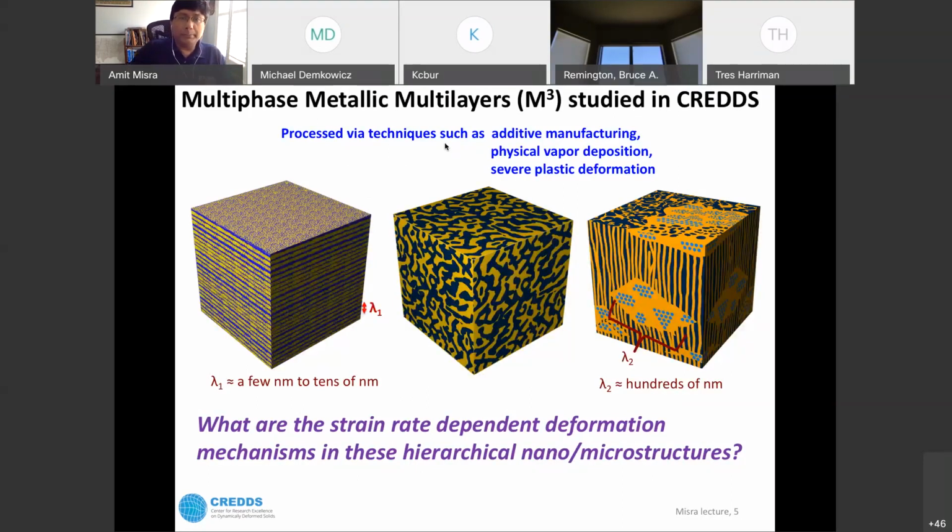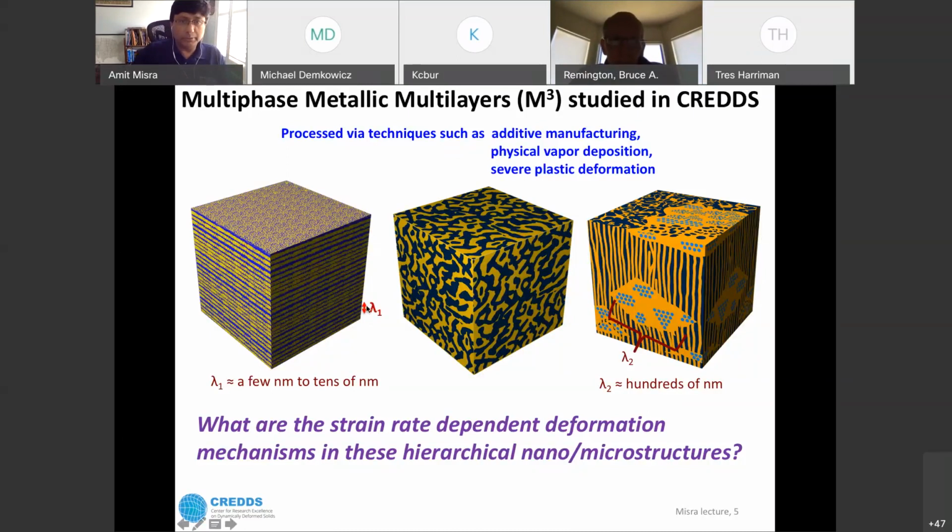The way the material is processed creates very complex microstructural morphologies that are hierarchical in nature, can have different shapes, and different length scales. Some very simple cases like a multi-layer structure can be described with a simple length scale,